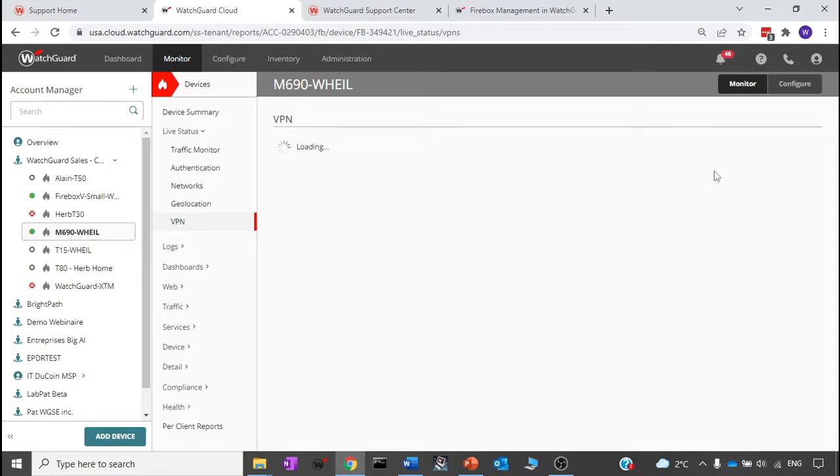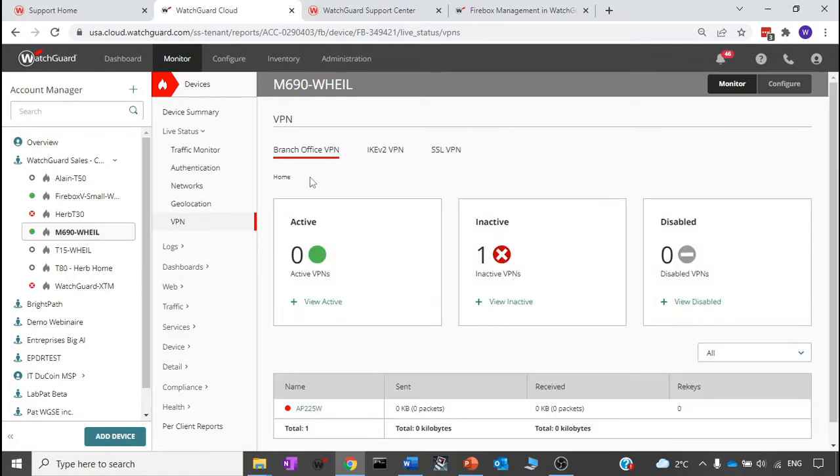You have the information about the VPN. So we have the branch office VPN, IKE v2 VPN, and the SSL VPN. I'm going to revisit this topic later on once it comes to the management, because once we started Firebox management in the cloud, we only had the branch office VPN and the IKE v2, but we also added the SSL